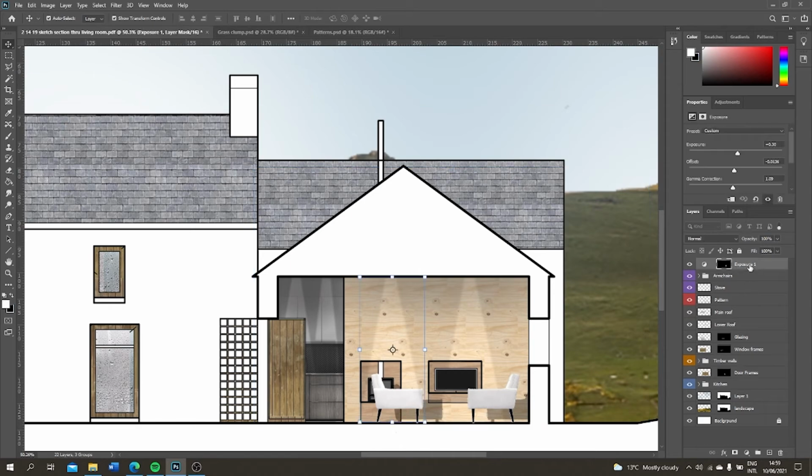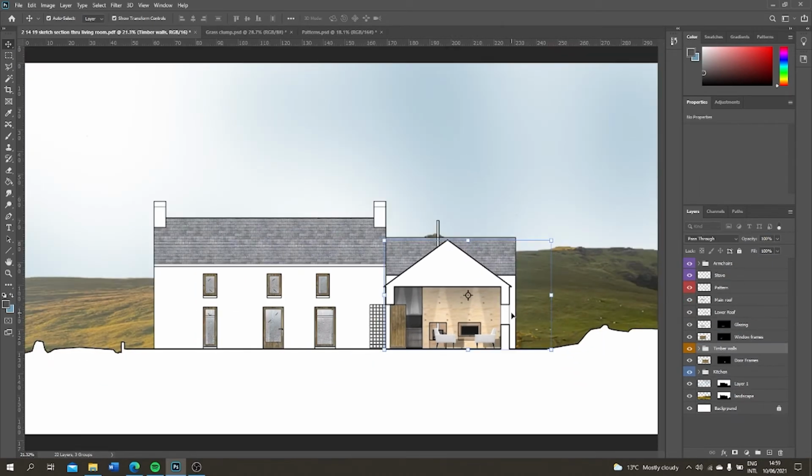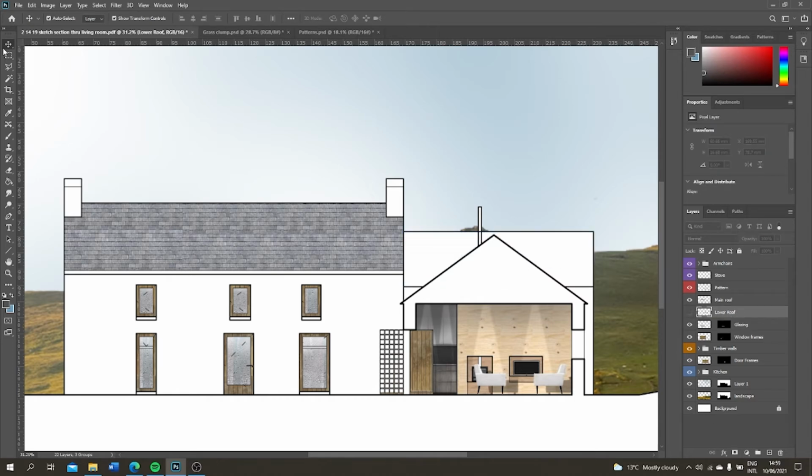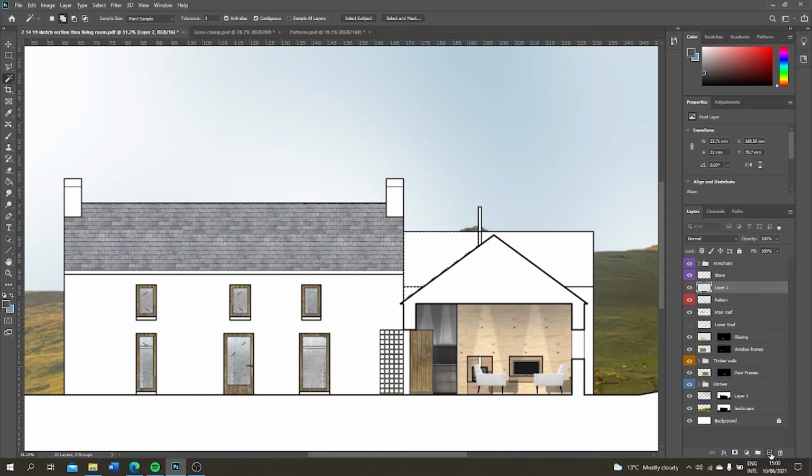We really have most of the bits and pieces we need to make our section and elevation. From here on in, with the exception of some landscaping, which we'll add, it's really just a matter of finessing things here and there. So I'm going to start my finessing by casting a little bit of shadow on that lower roof from the upper roof. I'm just going to make the slate invisible for a moment while I create a new little layer